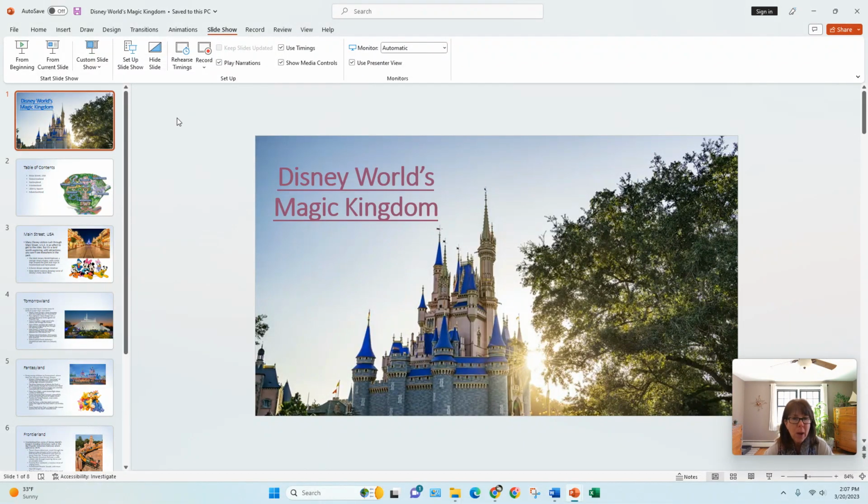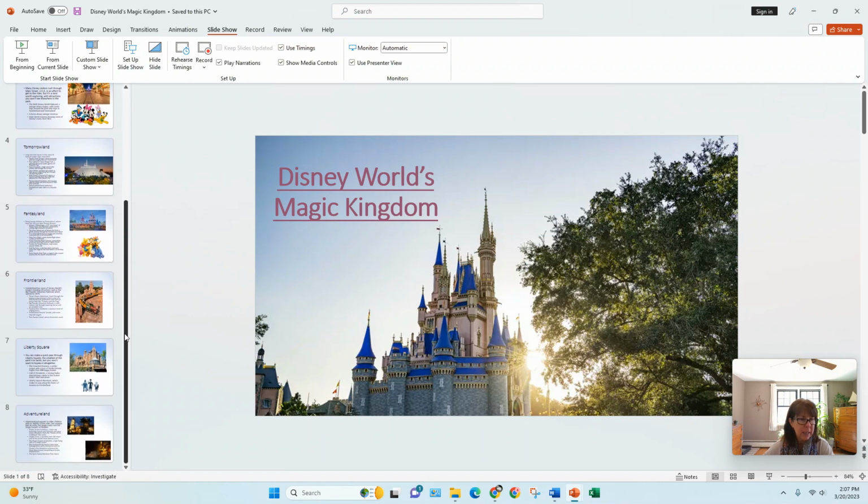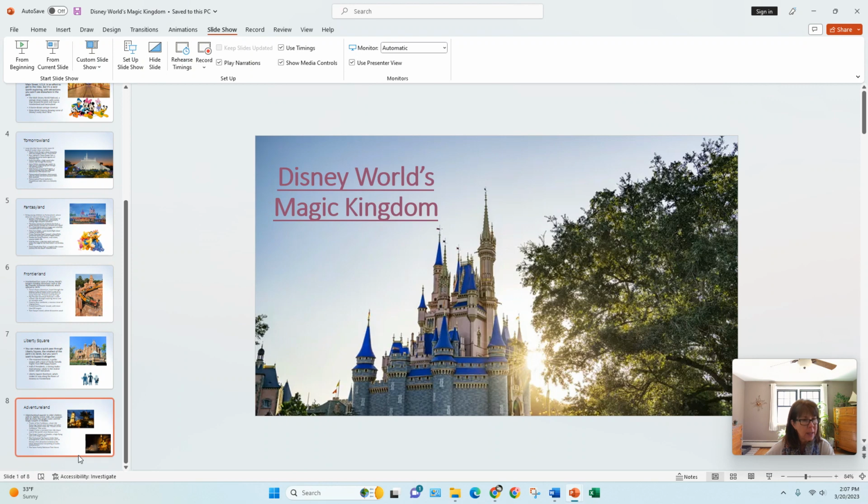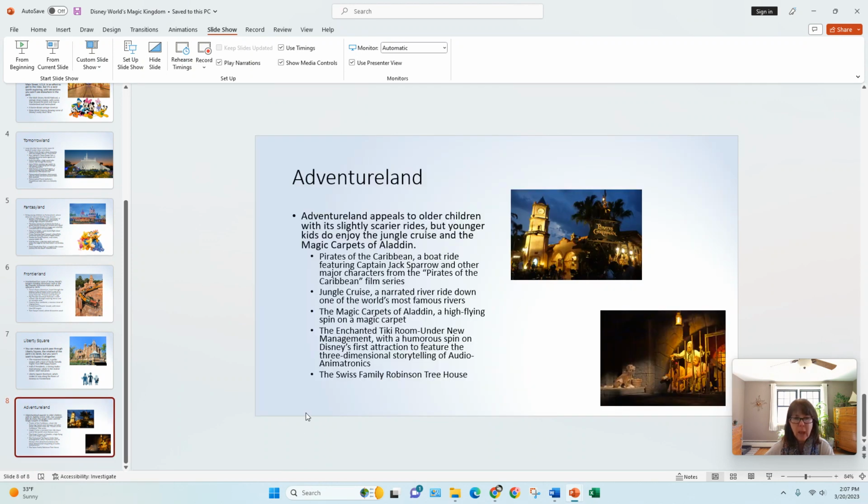Now, let's say I want to link from an object to a website. I'm going to do that on slide 6. I lied, slide 8. I'm going to link from this picture of the Pirates of the Caribbean ride to a YouTube video of the Pirates of the Caribbean ride. So you follow pretty much the same steps. You select the picture,